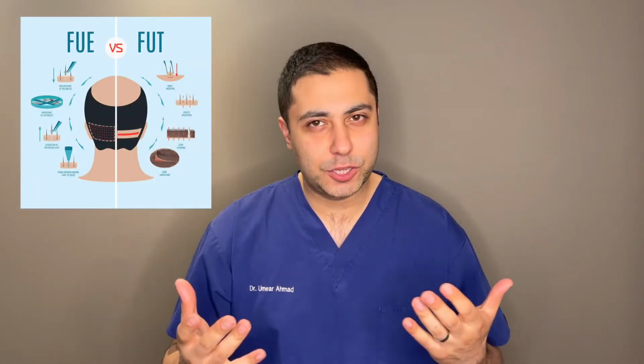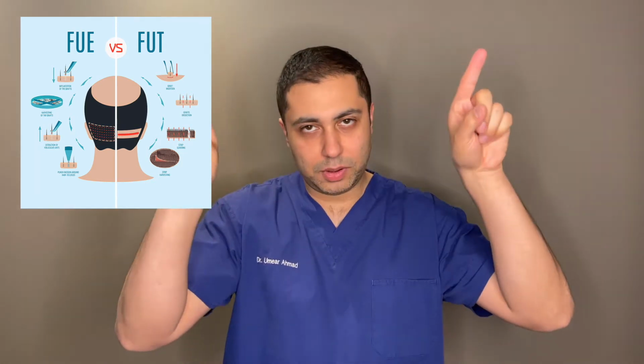So there are two main types of hair transplants. There's the FUT method, which is the strip harvest, where you take a strip of the scalp on the back of the head from the donor area, and that will leave a long, thin, linear scar. And the other method is FUE, whereby you take one graft at a time from the donor area. Whereas the first method, the FUT method, leaves one long strip scar across the donor area, the FUE